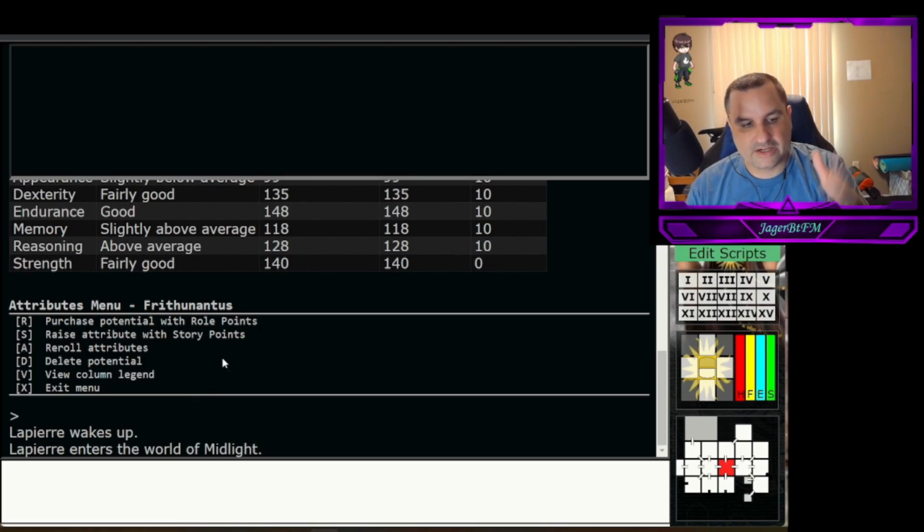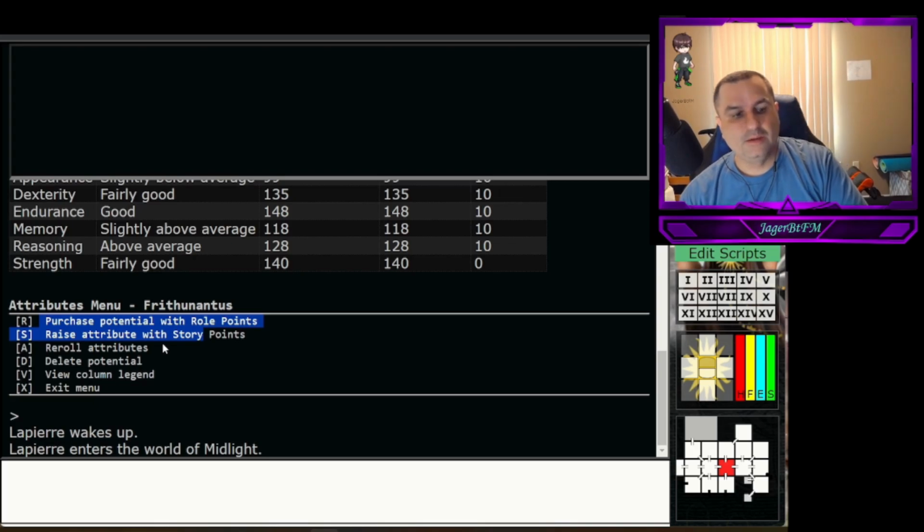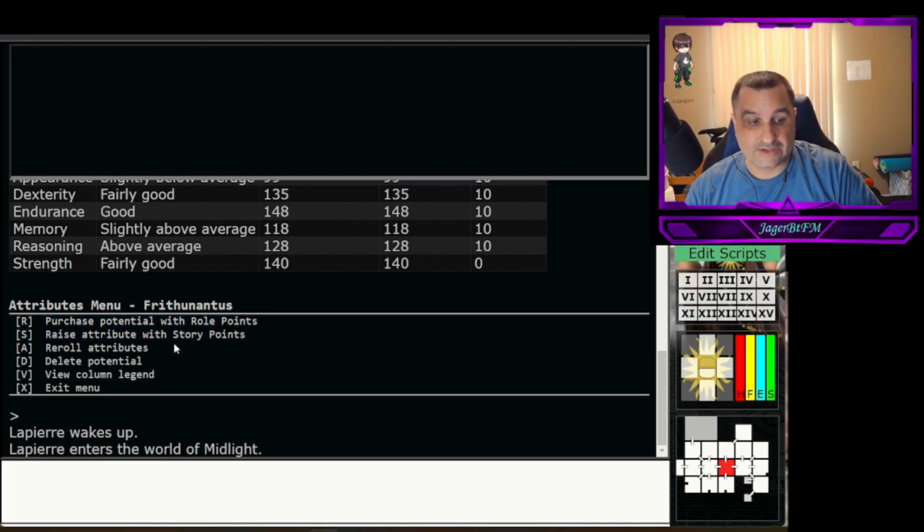So if you come down here and you do the add attributes menu and you pick your character, you'll see you can purchase potential, you can raise attributes with story points, all the stuff you can do from kind of like the app play menu, but you can do it in here. But you can also now re-roll attributes. So if you hit A, oops,